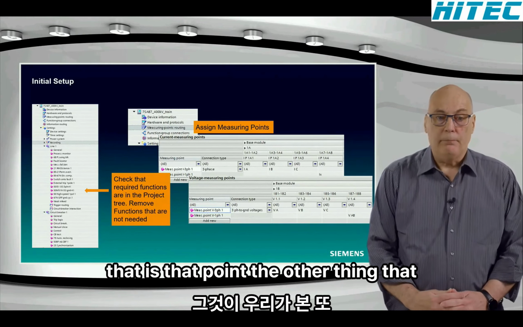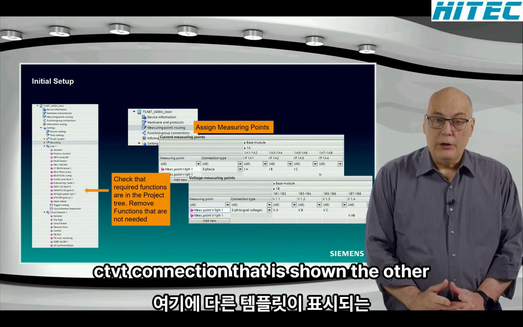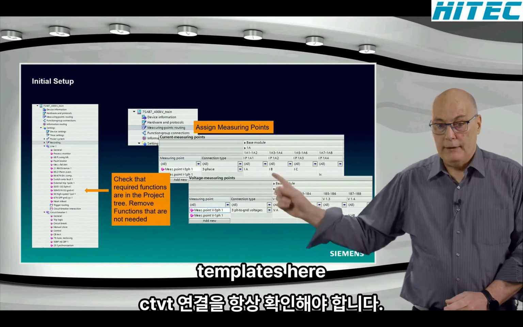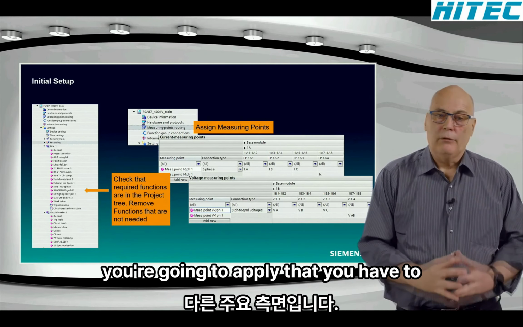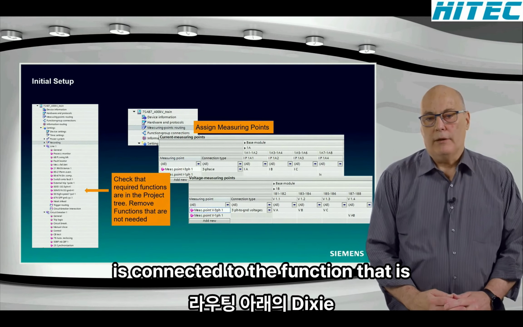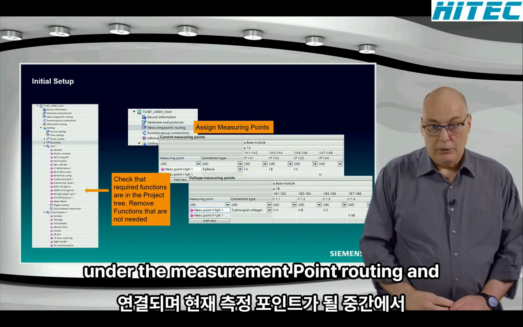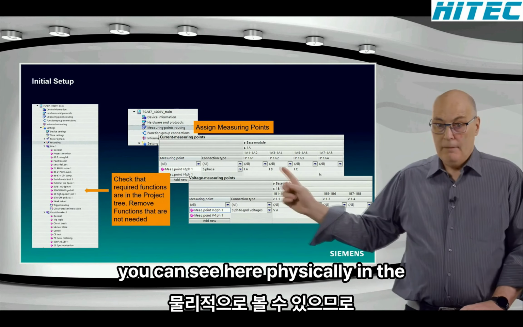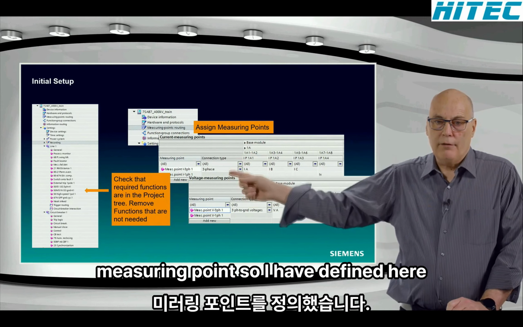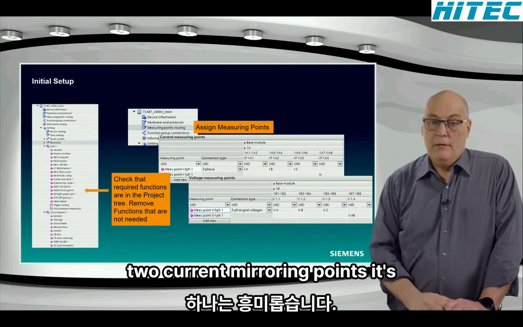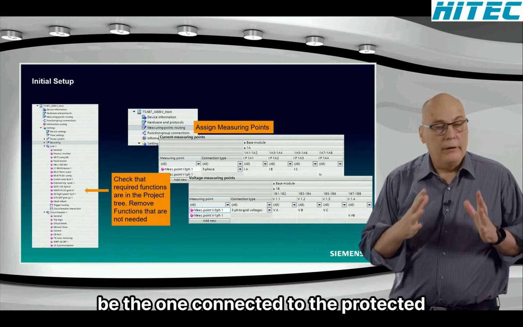That is that point. The other thing we have to always see is the CT-VT connection that is shown in the other templates here; it is another key aspect for the relay. If you're going to apply that, you have to make sure that the CT and VT are connected to the function. That is done in the Dixie configuration under the measurement point routing. You can see here, physically in the middle, the current measuring point. I have defined here 2 current measuring points. Interesting, the one, a 3-phase current measuring point, is going to be the one connected to the protected